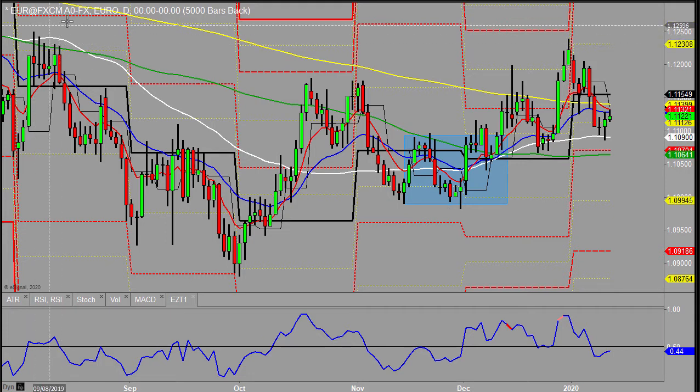So starting off looking at the euro dollar, and well, it got a reasonable bounce on Friday, which was to be expected after the softer than expected wage inflation in the US on non-farms. Other figures seemed pretty okay, but the wages were well down on expectation. I expected it to almost continue shifting straight away, but it didn't at the time, but it bounced back later. Currently it's just running short of the weekly pivot,